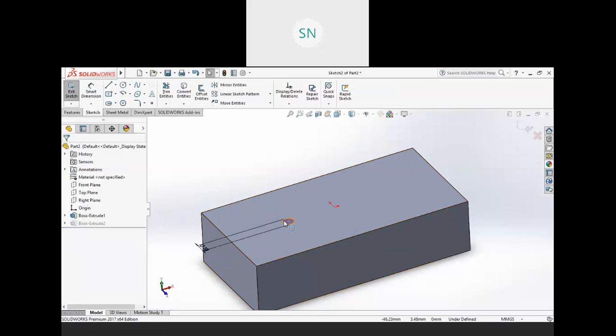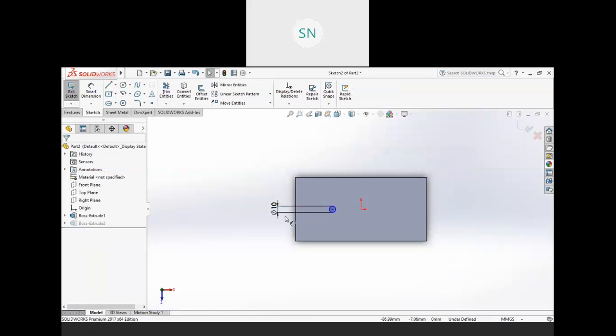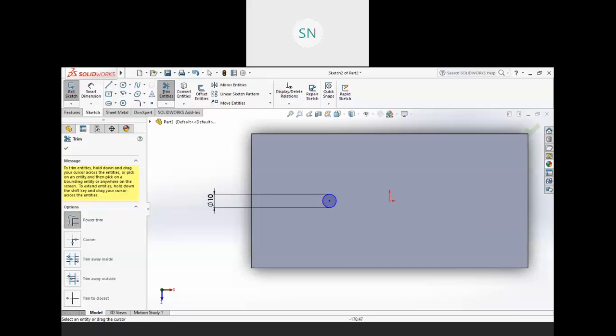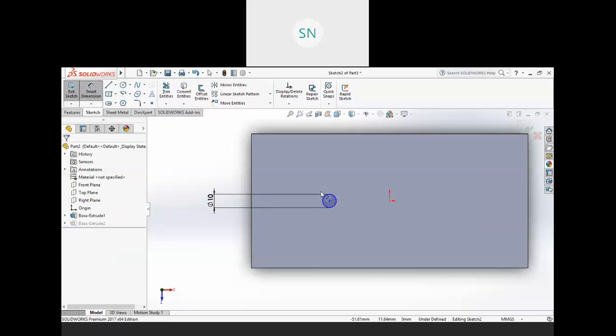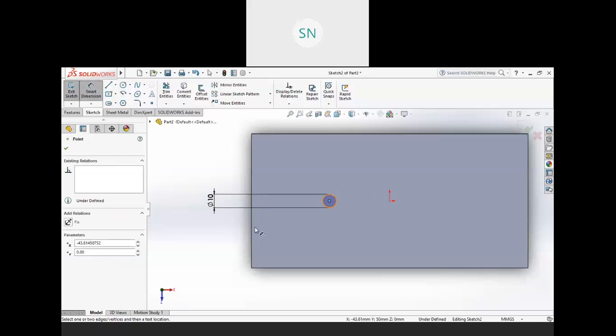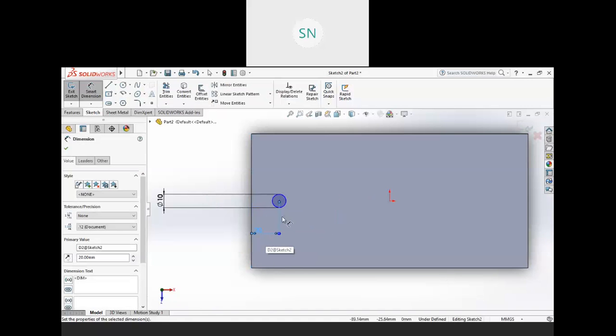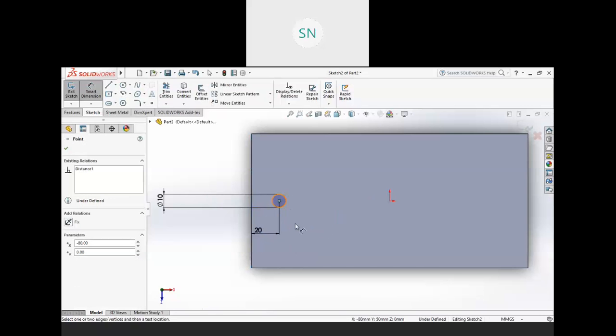So in the sketch, we are going to fully define this sketch. Not trim, so smart dimension. You will get the exact idea why we need this fully defined sketch when we work with that.